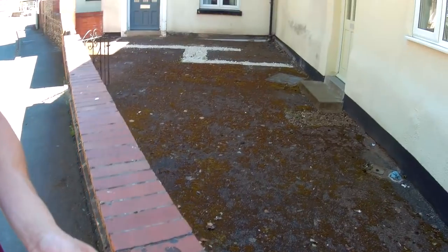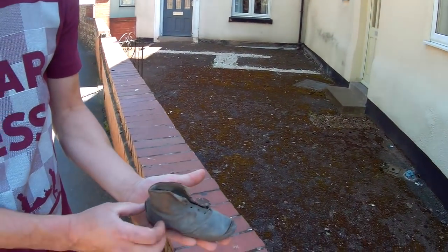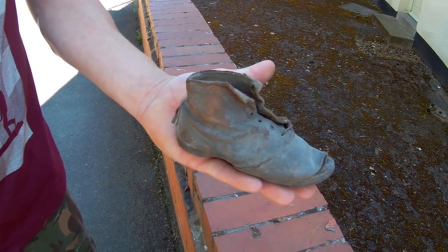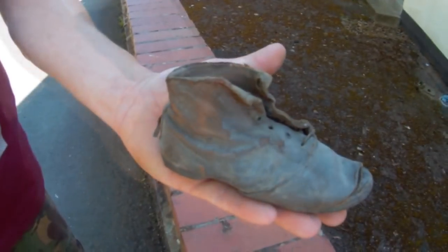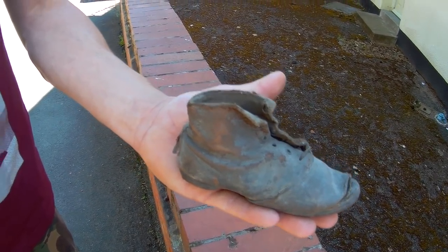We've done a load of research and found out hiding shoes in the structure of buildings used to be a thing. Shoes used to be concealed in all sorts of places, normally children's shoes. They were hidden in country houses, homes, pubs and churches. The reason people used to hide footwear has been lost in time, but suggestions have been it was to ward off evil spirits, as good luck charms,